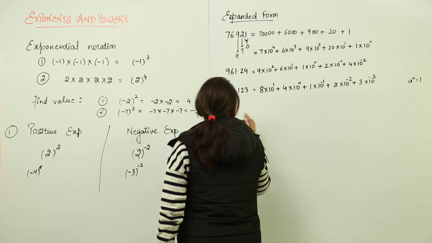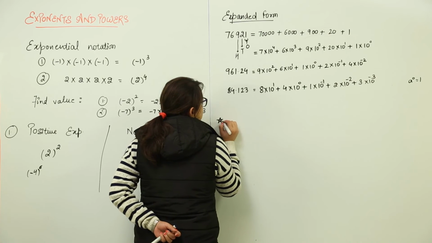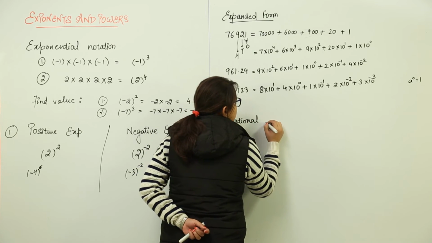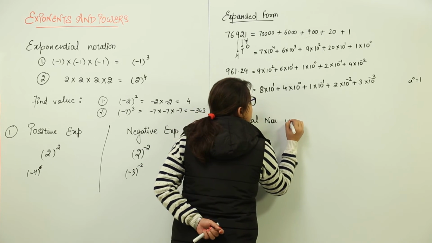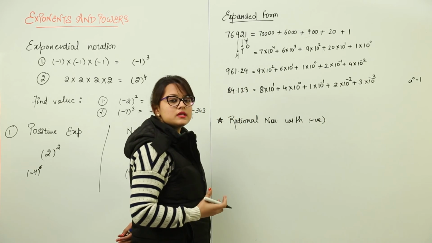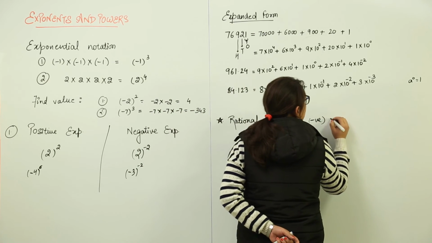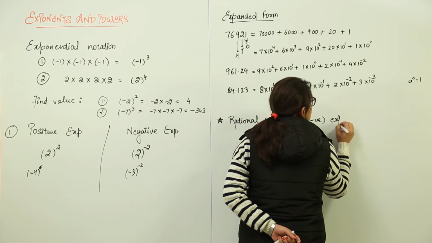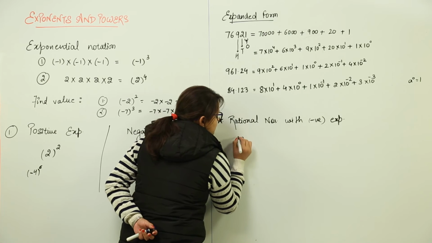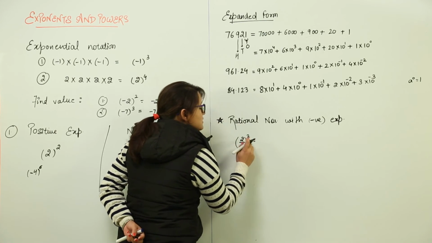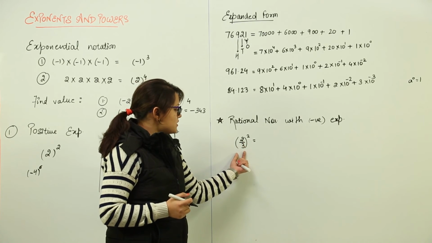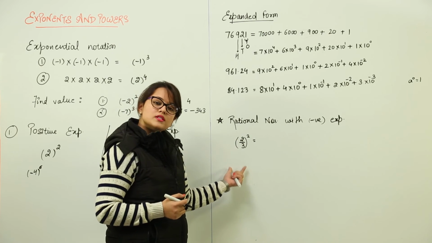Now, let us do one more topic before moving forward in the chapter, that is the rational numbers that have negative exponents. So, we will do rational numbers with negative exponents. I am writing this sign wherever I will be using. This means negative. This is the short form for negative. So, I will be writing negative exponents. Now, you have already done the rational numbers of positive exponents. Say this. This is having what power? It is having the positive power. So, this is a rational number having positive power, a positive exponent.